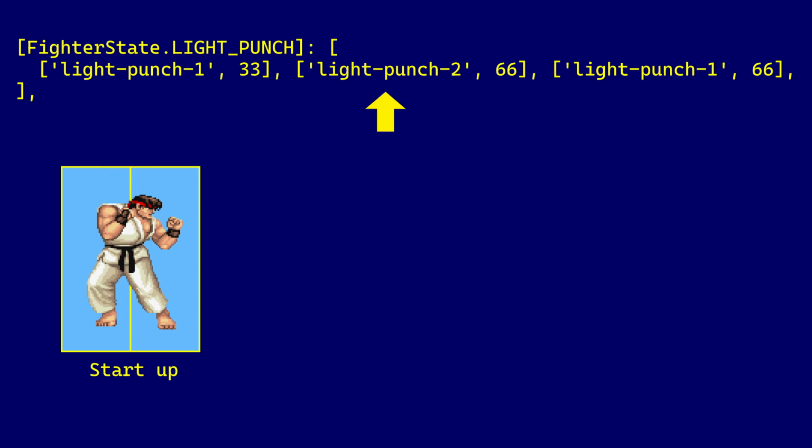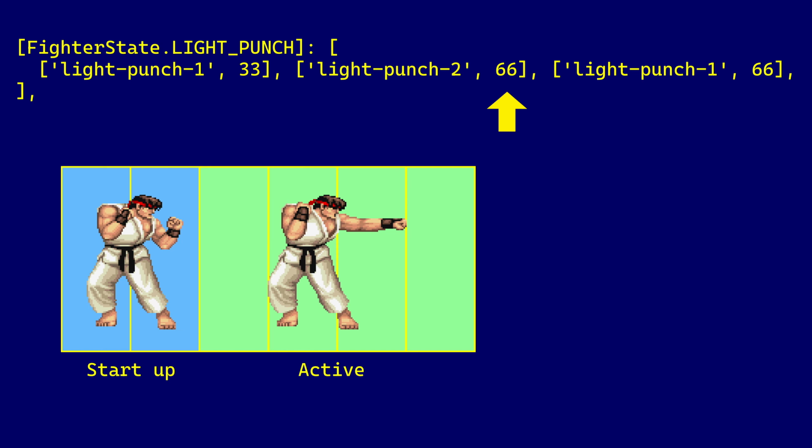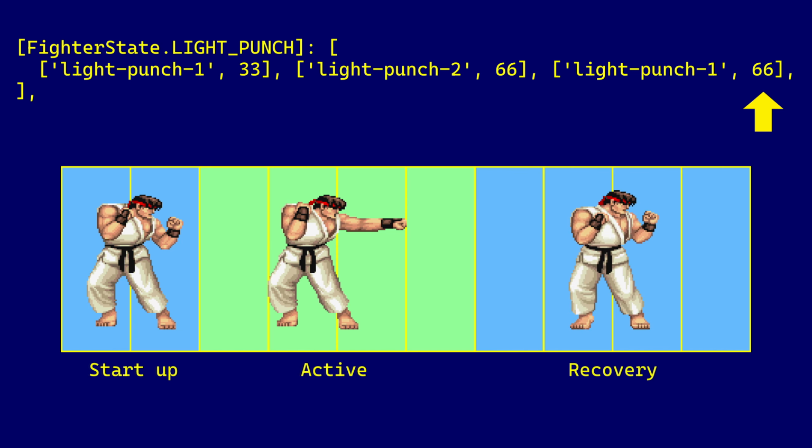The next frame is the active phase, which lasts for 4 in-game frames. And finally, the last frame is the recovery stage, which also lasts for another 4 in-game frames. This equals a total of 10 in-game frames to complete the attack, at which point the fighter will revert back